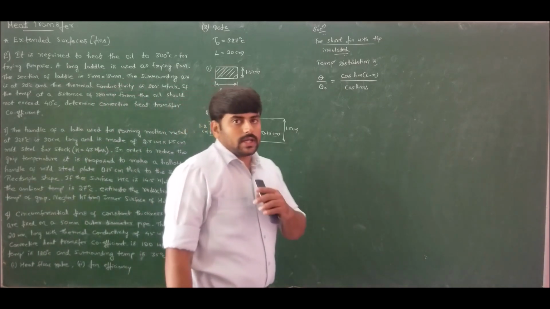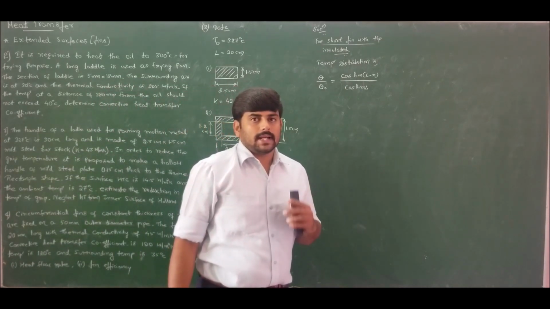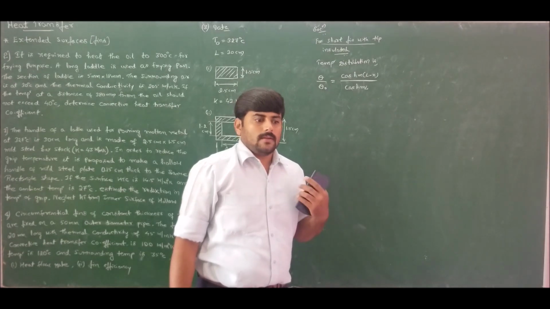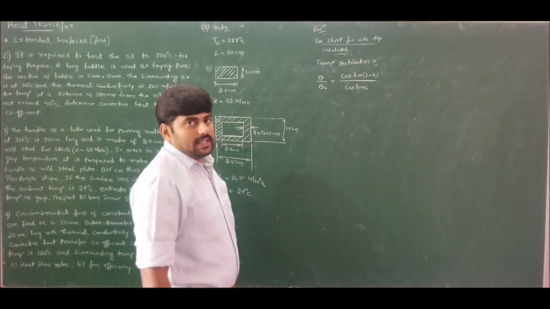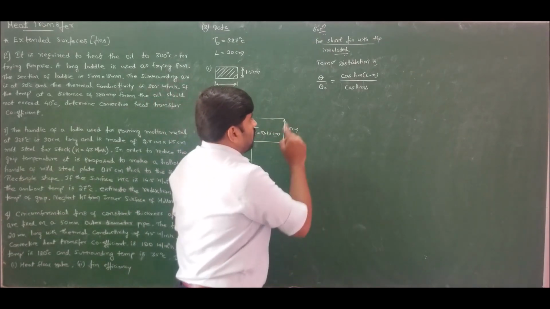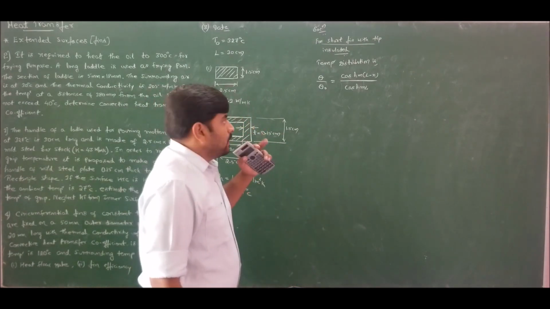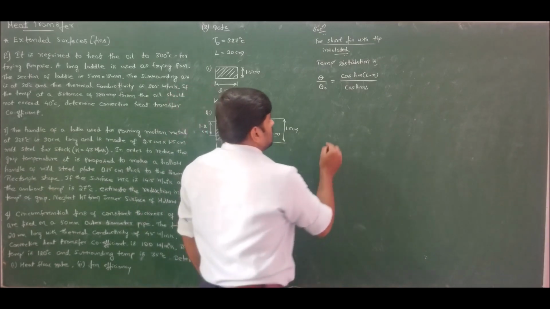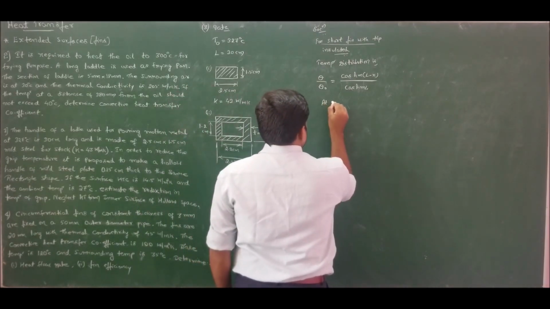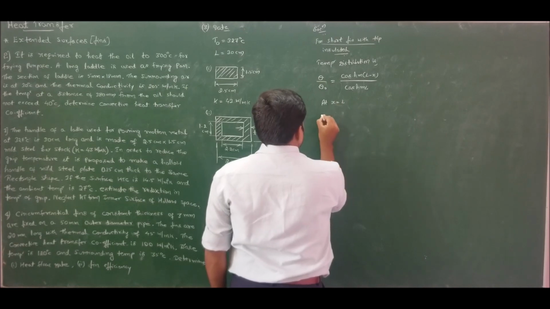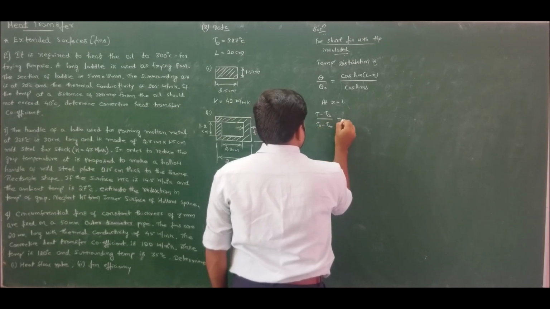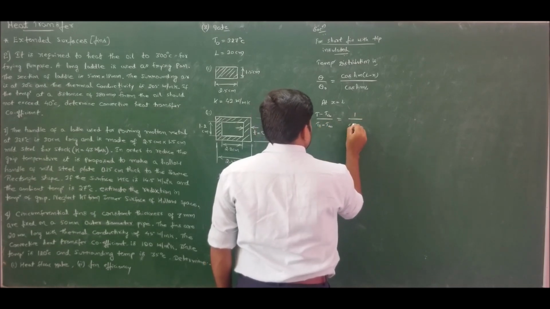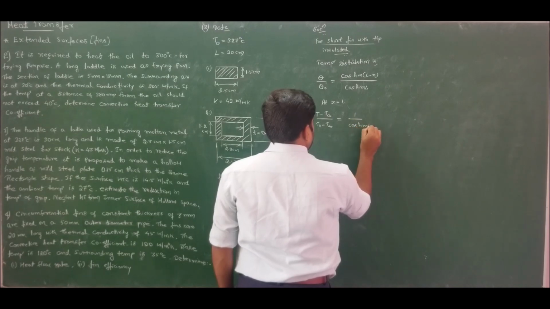If you have forgotten, you can make use of the Heat Transfer Data Handbook written by C.P. Kothandaraman. I am referring to the 8th edition, page number 50. You can find this formula. Now I want to estimate the temperature at the tip, so therefore x will become L. Hence at x is equal to L, this formula reduces to (T minus T infinity) by (T naught minus T infinity) is equal to 1 by cos hyperbolic mL.